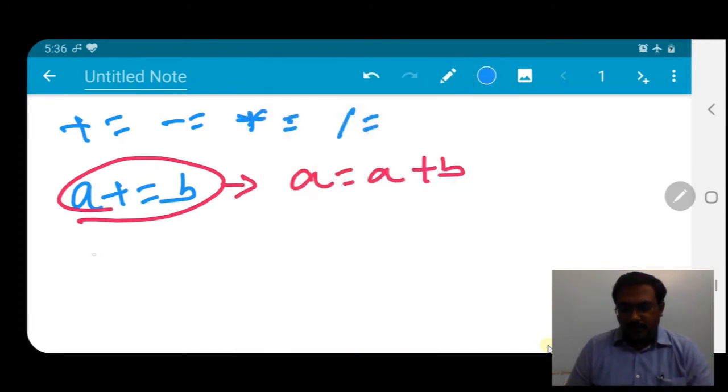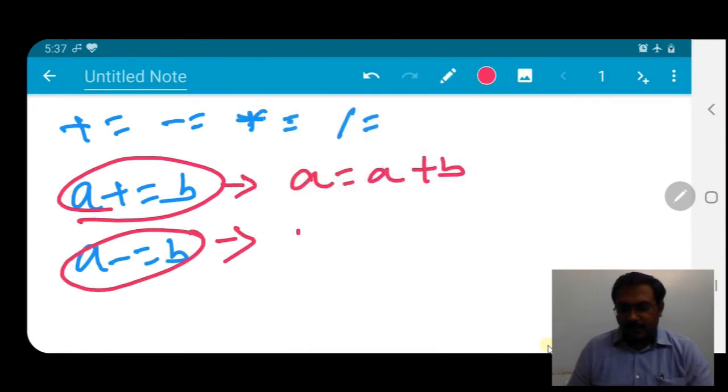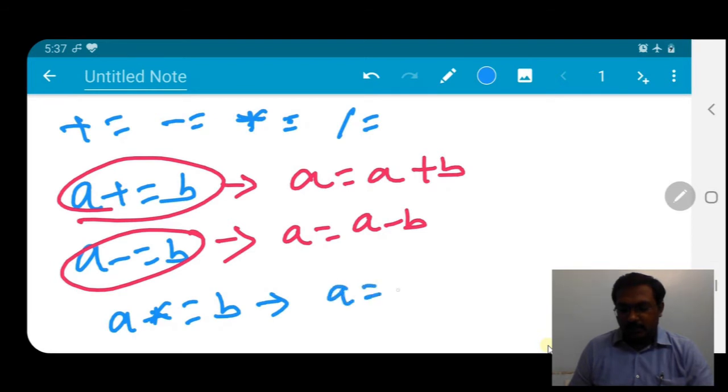If you write a -= b, it indicates a equal to a minus b. Similarly, a *= b indicates a equal to a into b. These are the special expressions which we have in C.